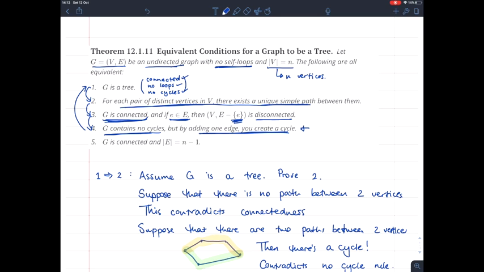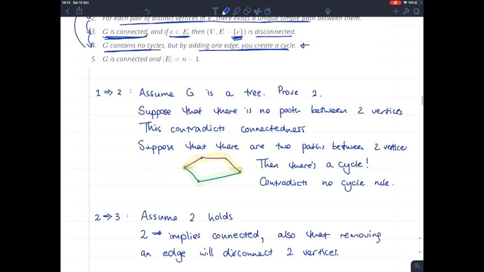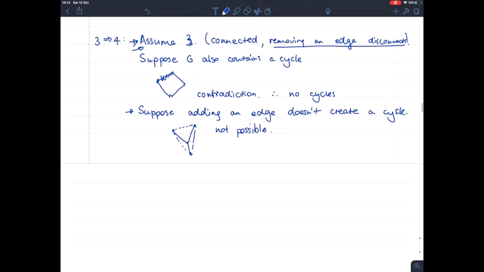So we're going to assume that G contains no cycles, but by adding one edge you create a cycle. And we want to show